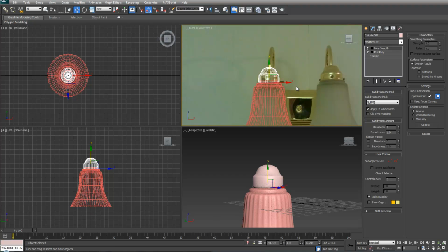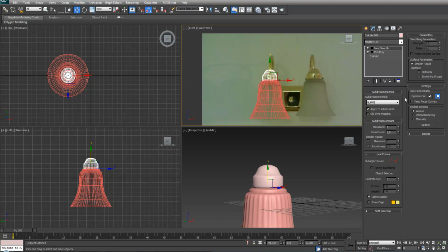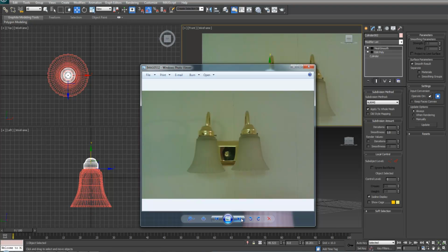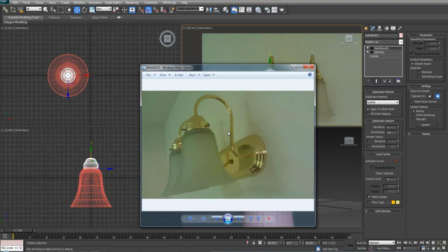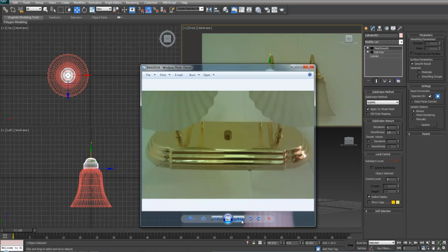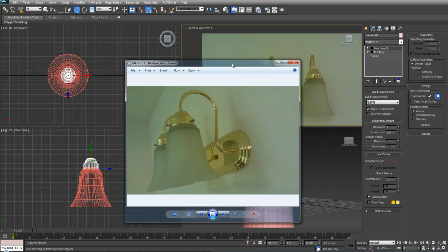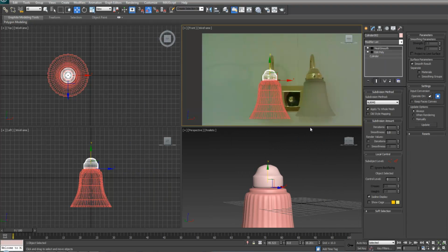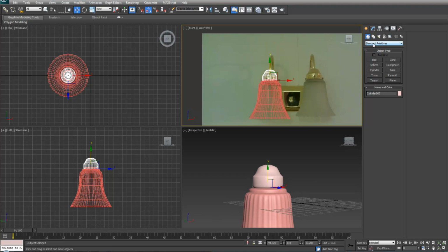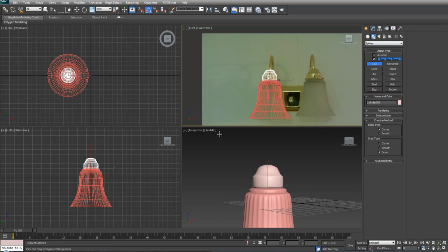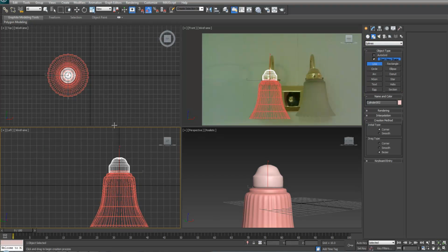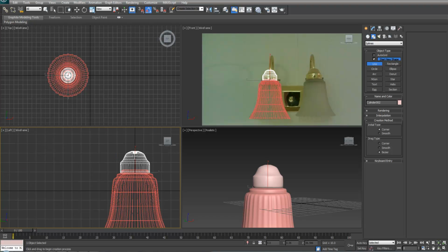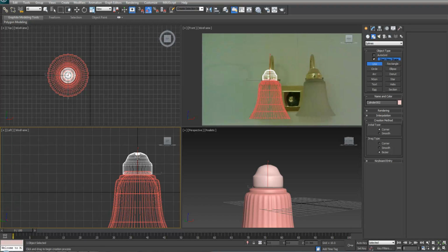Next, let's work on these side pieces here. So you can see from the reference images what they look like. They're kind of swooped up. And yeah, so we're going to try to make something similar to this. So the way we're going to do it is using spline. So go in the left viewport here and just kind of start drawing. They go straight up for a little bit, so hold shift so you can go straight up. And then